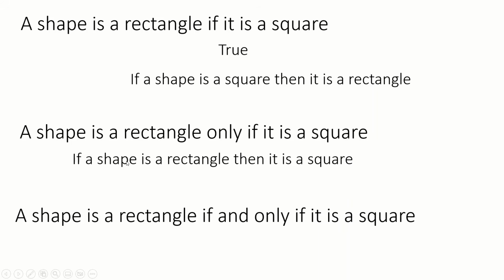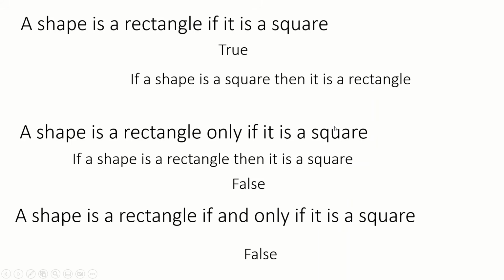If you just draw, when we all picture a rectangle in our heads, the shape we're picturing is not a square, right? Because we're primed to draw rectangles as like these long, thin things. So if a shape is a rectangle, then the square is false. We can all come up with a counterexample for that. And of course, the last thing is not true because it requires both things above it to be true,